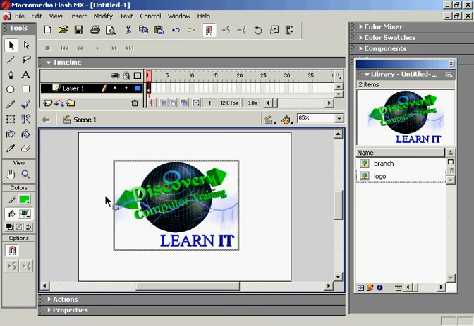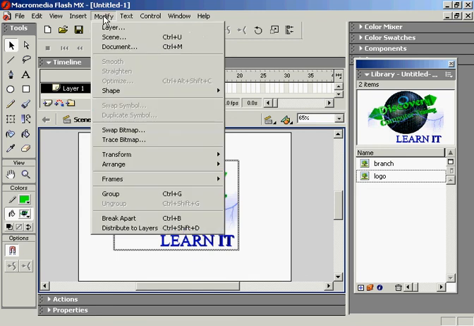If I want to convert this into a vector image, I've got an option here to do that in Flash. You have to make sure that your image is not broken apart to do this. If you've broken it apart, it's too late to convert it into a vector. So we want to go back up to Modify, and we're going to select Trace